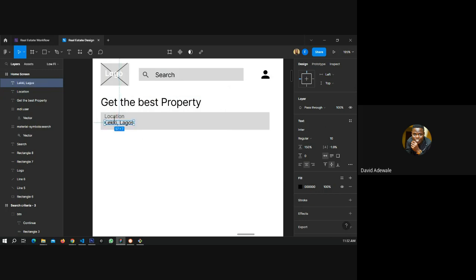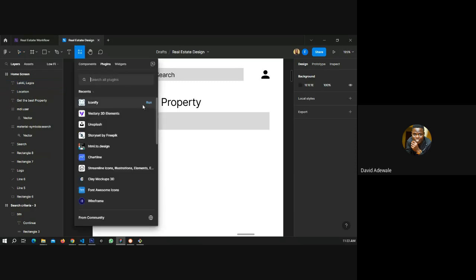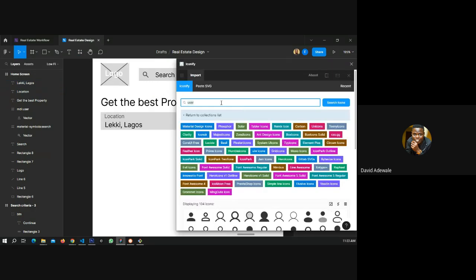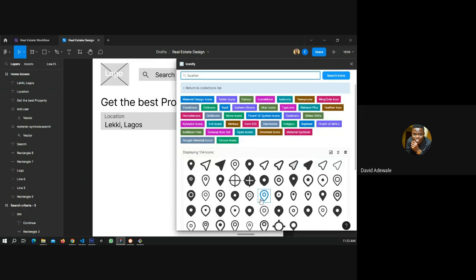So it's just as if the user has input something here. That is what I mean by Lekki Lagos. So you enter something here, and probably for users to know that we need to gather your location, that stays there.